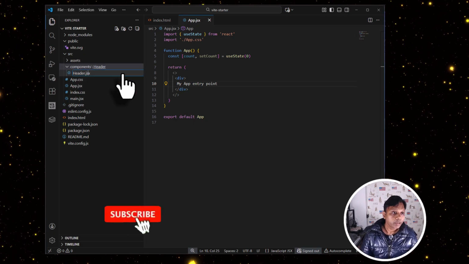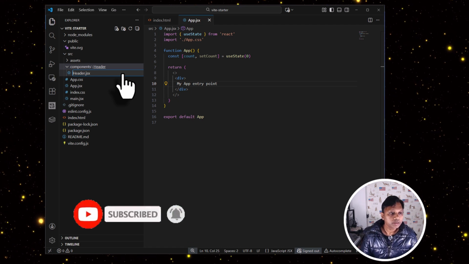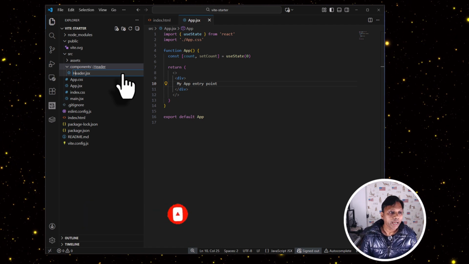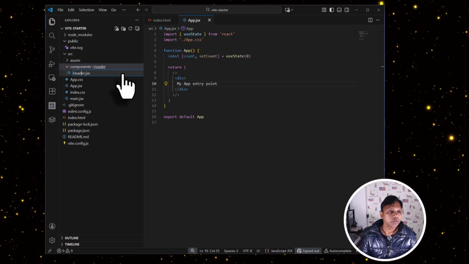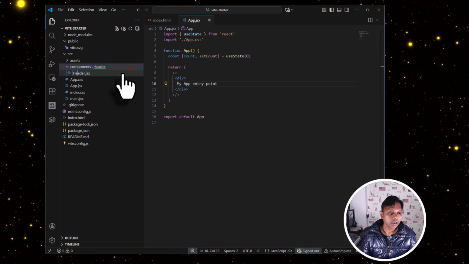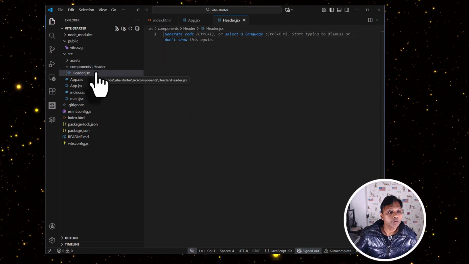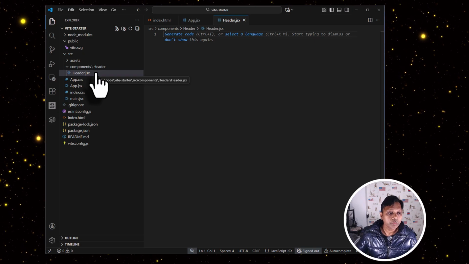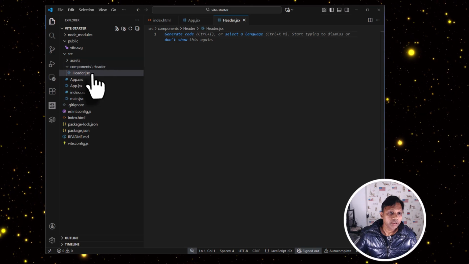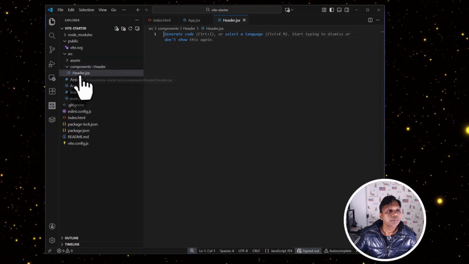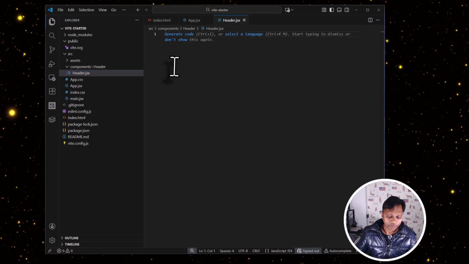Header.js. Remember, the component's first letter should always be capitalized. If you make it small, it won't work, because this is how it differentiates between what is a component and what is a normal JS file, because this is all a JS file ultimately. So inside the Header.jsx, we will say